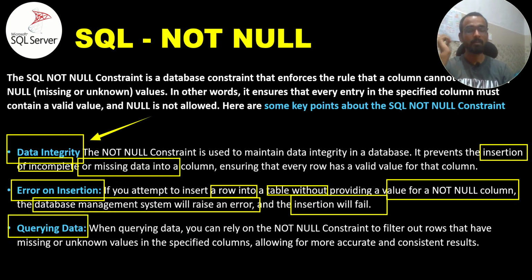Querying the data, basically whenever we are writing any kind of script or SQL query for fetching a particular data, it will help in that. For the primary key we have discussed, it is a combination of both things, unique and not null. If we provide any null value in it, it will definitely throw an error, and if we provide a duplicate, that particular constraint, I'm talking about primary key, will throw an error.